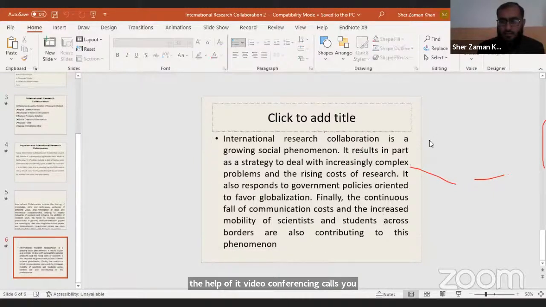I'm sorry, it's not removable. Why? What happened to it? So